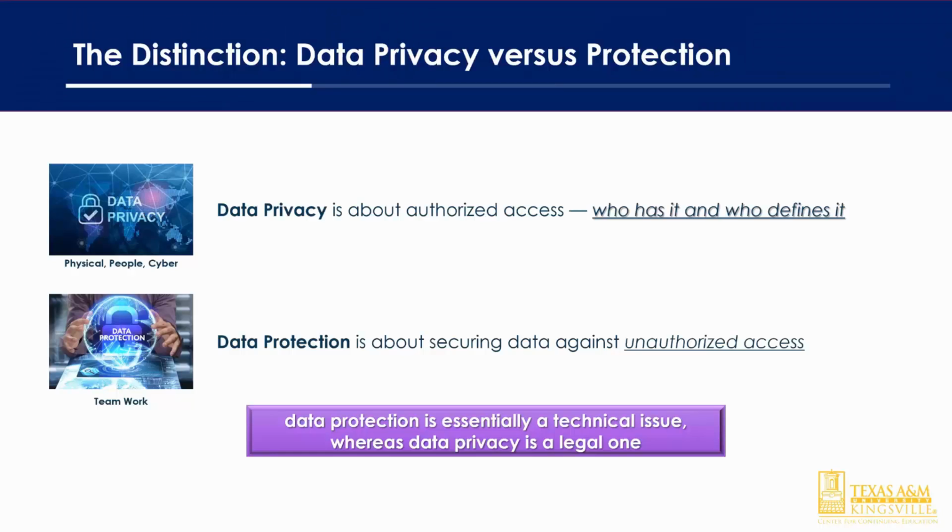Versus data protection is more about securing against unauthorized access. So you'll have to compare and contrast them. You'll have a data privacy officer that will set the definition that only employees of company X can access the organization's intranet. And so with that base definition, the data protection officers will then set up technologies like Active Directory or VPNs or any myriad of it in between, and ensure that if somebody is coming from a domain outside